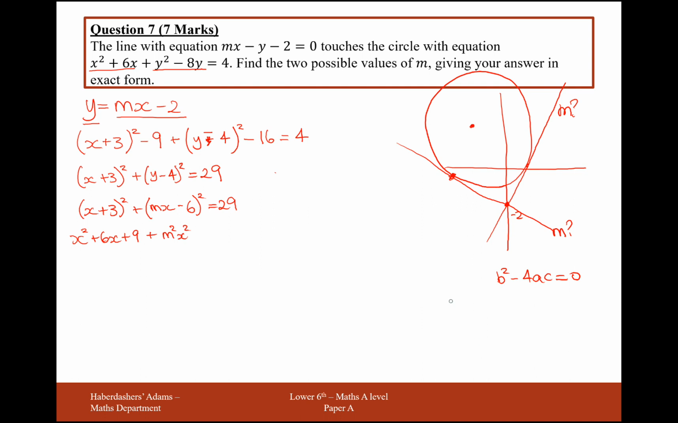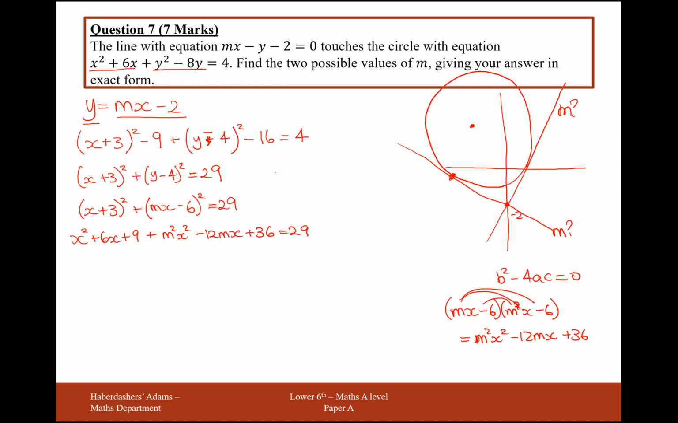Let's do that one a bit more carefully. (mx minus 6) squared, so times by itself. So for this here, I'm going to get mx times mx, which is m squared x squared, minus 6mx minus another 6mx, that's minus 12mx, and then the minus 6 times the minus 6 will make a plus 36. So minus 12mx plus 36